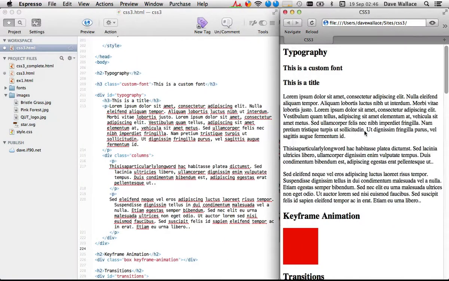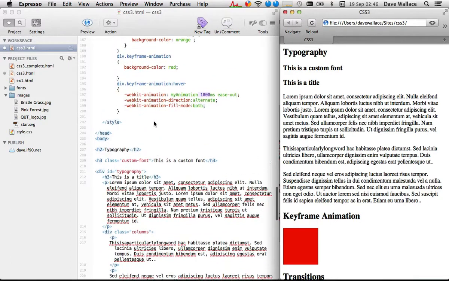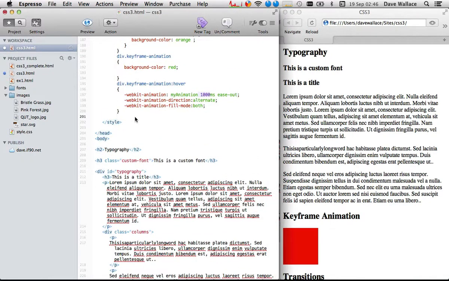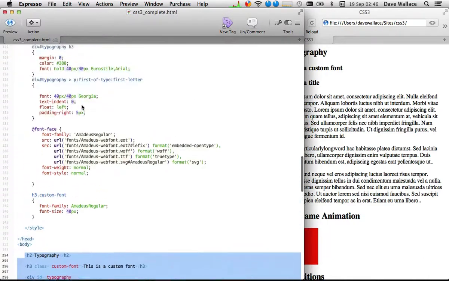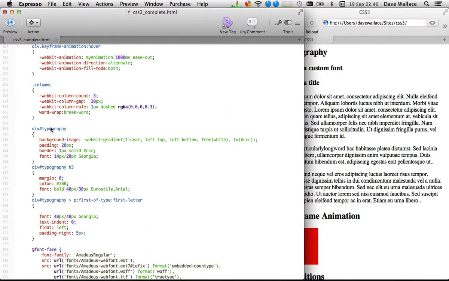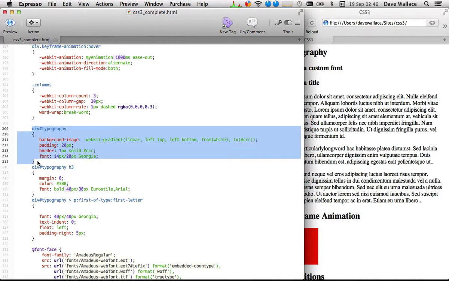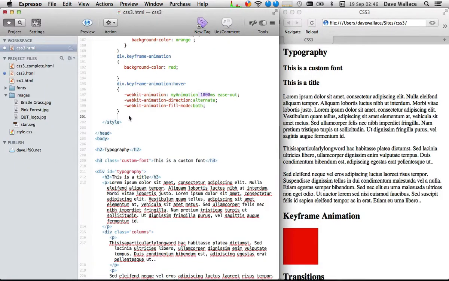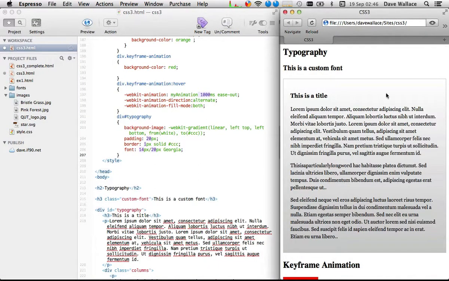Okay, so I've got a bunch of text here, and the first thing we'll look at is, so let me just style this up a little bit. Okay, so I've just given it a background gradient and a border to make it look a bit nicer,